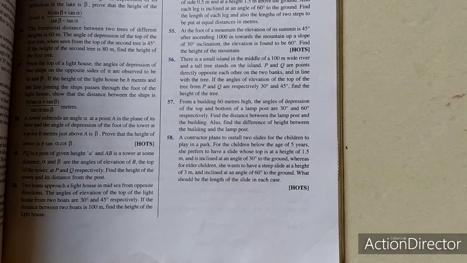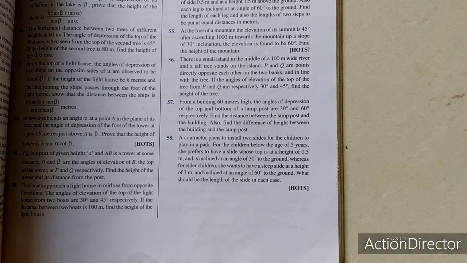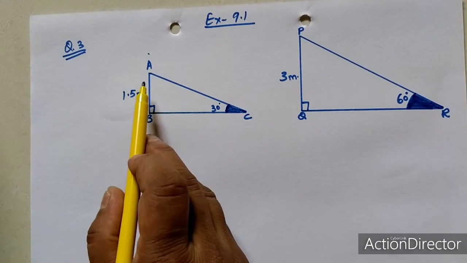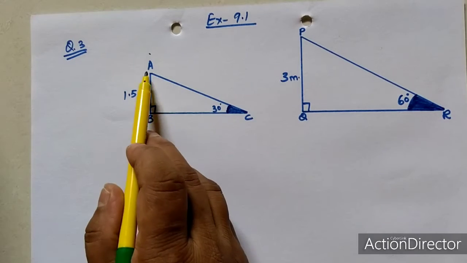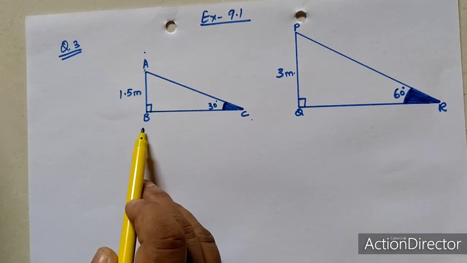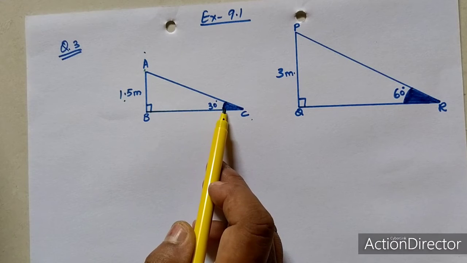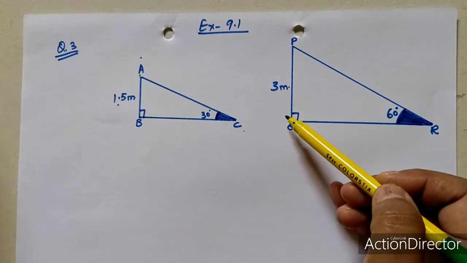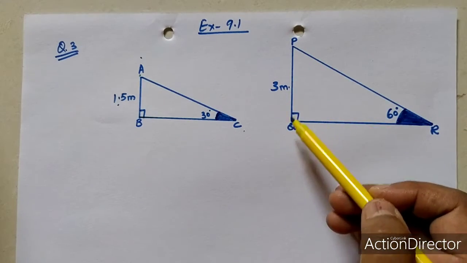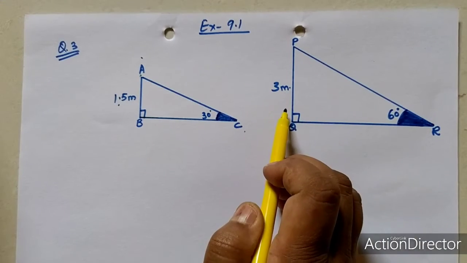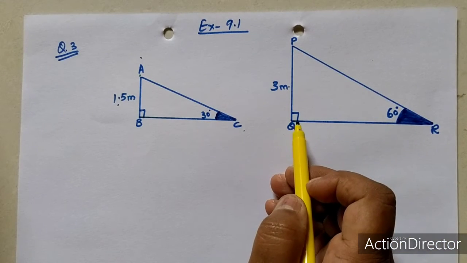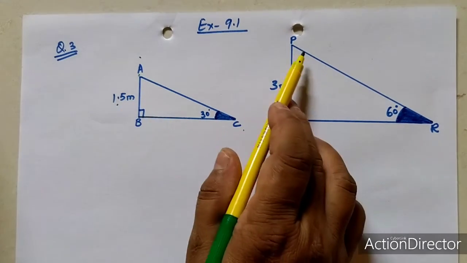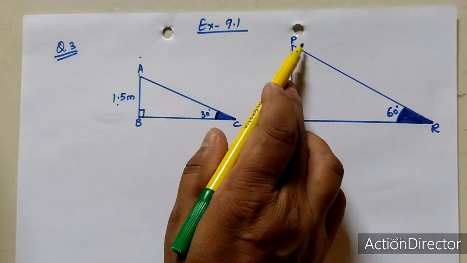So this question is important also. So I am going to solve with the help of figure. Now see, here the two figures are there. This one is for the below 5-year students. There is one slide. AC we don't know. The height of AB is 1.5 meter. This is 90 degree and angle of elevation is given as 30 degree. On the other hand, for the elder one, here it is given 3 meter, the height of this one's top of the slide from the ground. This angle is 60 degree and this is obviously 90 degree because these two parts are vertically stand on the ground. We need to find out the length of the slide in each case. That means AC and PR.